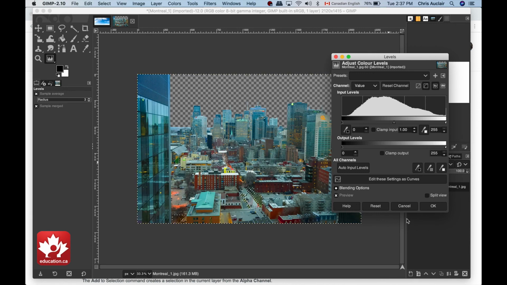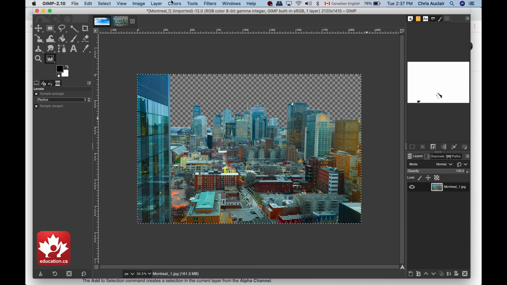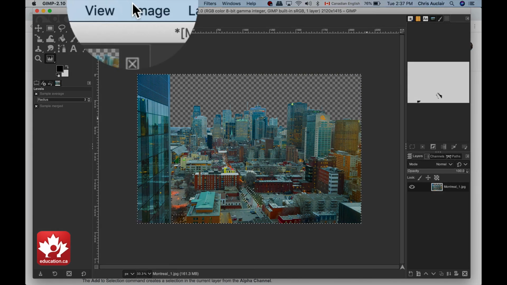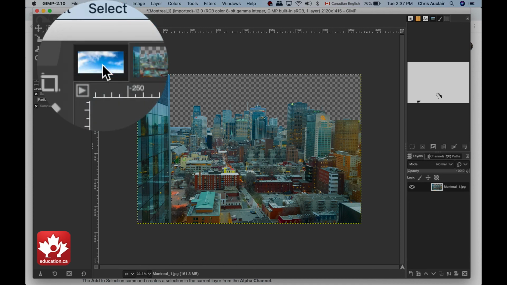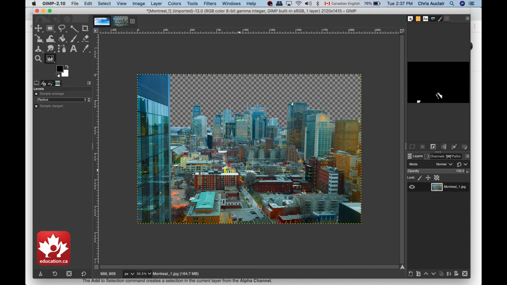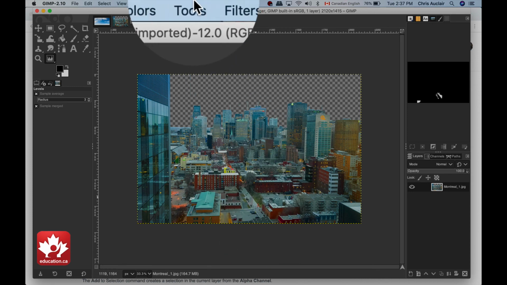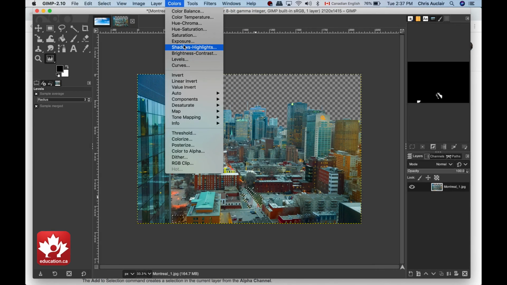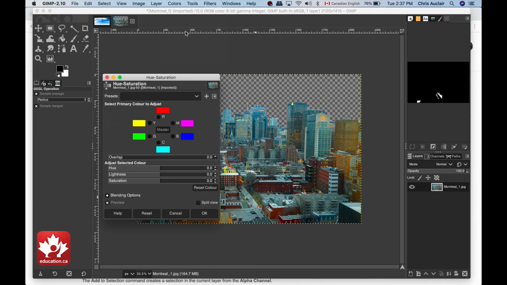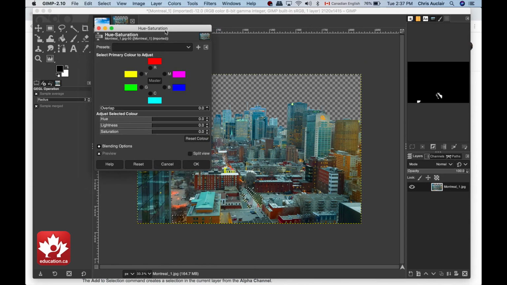So what I want to do, because I want to work with the grass and protect the city, I'm going to invert, or Command I, invert the selection. Okay, now it just inverted it, so now it's just the grass that's selected. So if I go adjust the hue saturation on the grass, and in this case it's just the greens, Shift plus to,